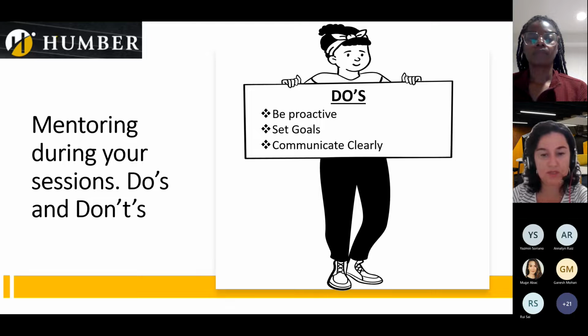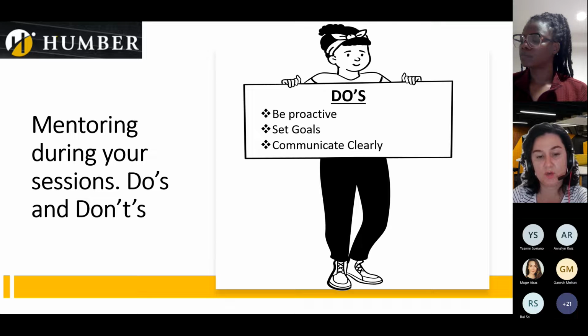Especially when it comes to the do's, it's pretty easy to understand what you should do. For example, you should be proactive. You should really be invested in the partnership. As a mentee, you need to define goals, seek out advice, attend the meetings, and ask questions. And mentors are responsible for offering advice, guiding, and encouraging you as mentees to develop certain skills and expand your professional network.